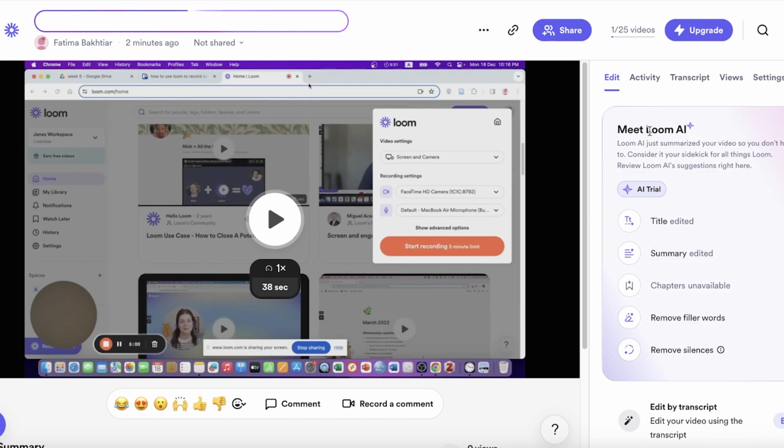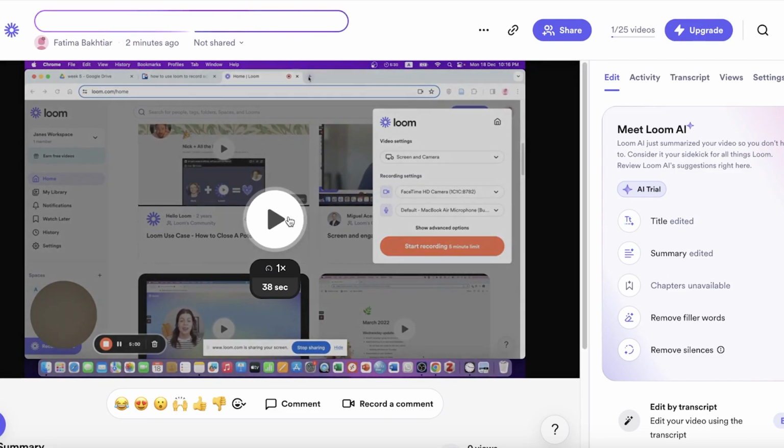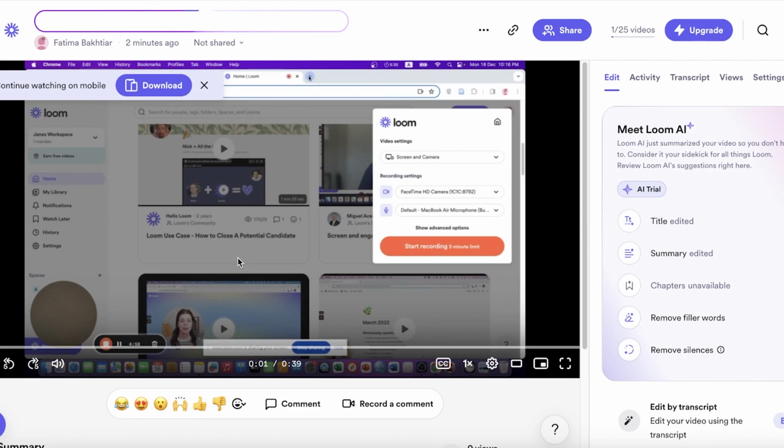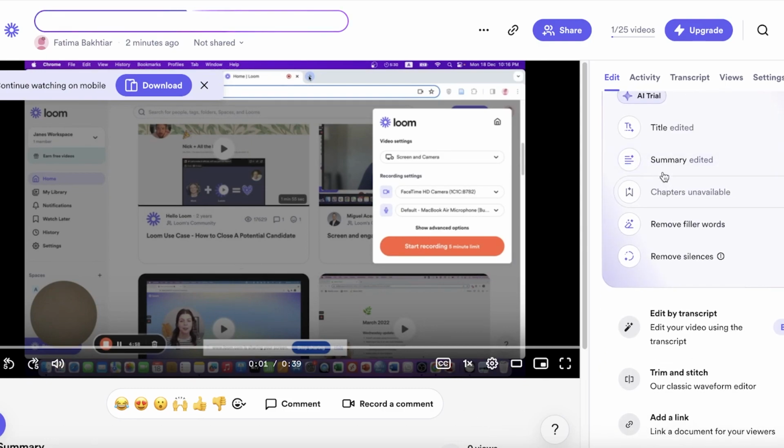So in your editing features, you have Loom AI, which is a premium tool that enables you to create titles, summaries, chapters, and even remove silences and filler words. So this can be a great tool when you are looking to just bulk edit your entire video, where you don't want any ums or ahs in your presentation. You can help improve those as well. So you guys can see this is just like a random video,